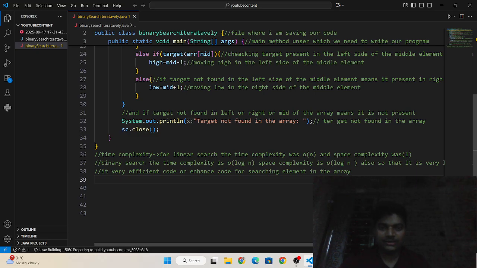And I am telling you why the time complexity is O of log n. You are searching the element half-wise, like n by 2, n by 2, and you repeat it till n by 2 to the power k.